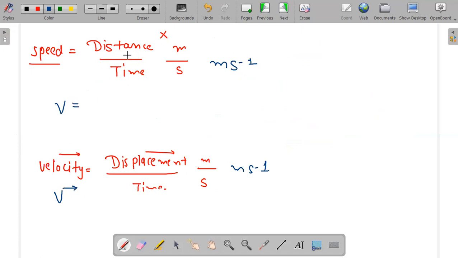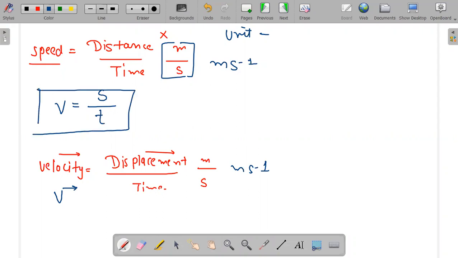Now what is the short form of distance? I'm not talking about unit, but remember it is unit, how you measure this. I'm writing a short form of distance, and it is not d, it is s. And the time is t. Why is it s? Because we have already used d somewhere else in physics, so I cannot write d as the sign for distance. So this is the short form.